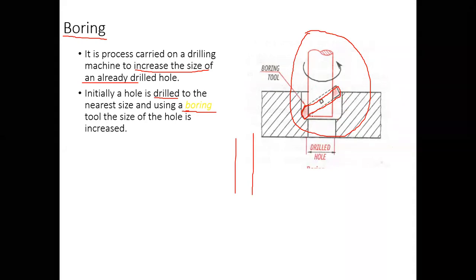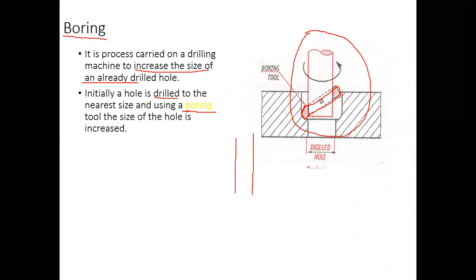So this is similar to your turning, your lathe operation. What did I do in the lathe operation? The workpiece is rotating and the tool is stationary. So we used a single point cutting tool, and using it, by giving feed and depth of cut, we are removing the material from the surface, along the length as well as going in depth into the workpiece. So the same kind of operation is being performed.